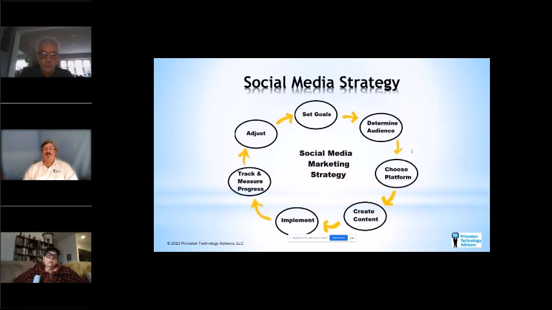And your social media strategy is going to be iterative. And this is a nice diagram for that. You set some goals, you figure out who your audience is going to be, because whatever you're writing about is not going to be something that everybody is going to want to read. It's nothing personal. It's just that everybody has different tastes, just like there are things you really appreciate and some topics maybe you don't.